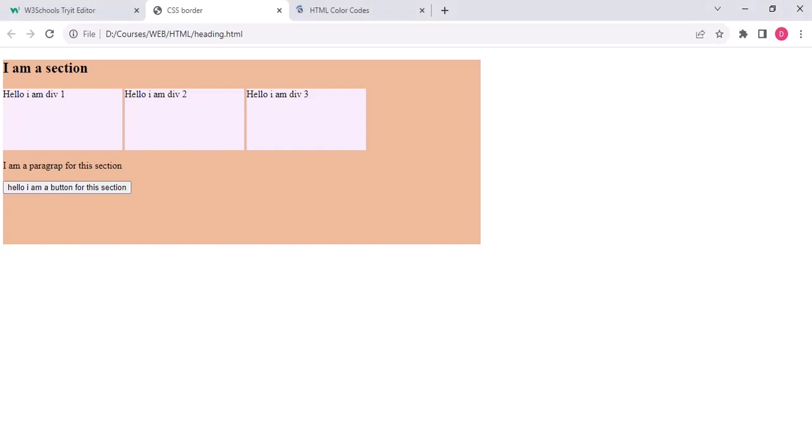Hello dears, in this video tutorial I will teach you the ID selector. So what is ID selector? The ID selector, or simply ID, is the unique identifier for an element inside an HTML page. So using the ID selector we can style